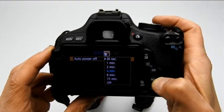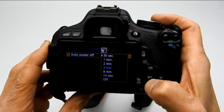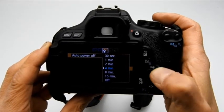30 seconds is far too little. It'll go into sleep mode. So I find 4 minutes is a nice medium